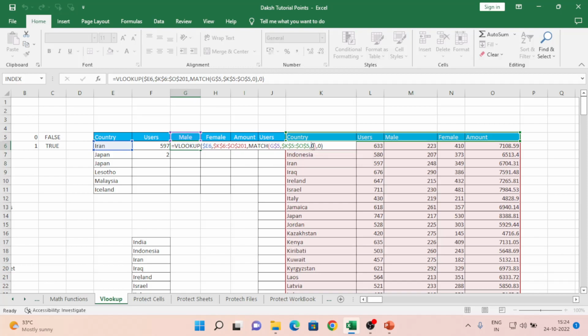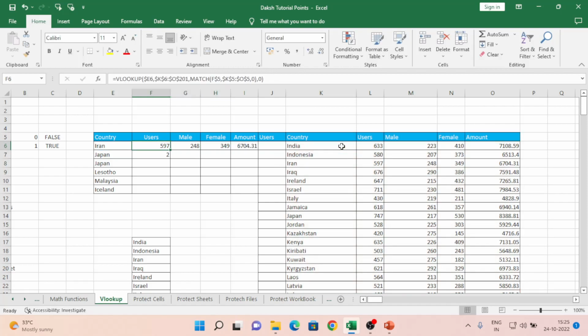So I hit enter. Again, this will also be automatically updated. Here it is taking the Iran country, what is the range here, then what I want to see, H5, and then this is the range for matching, and 0 for exact match, and enter. So if I copy this formula and paste,